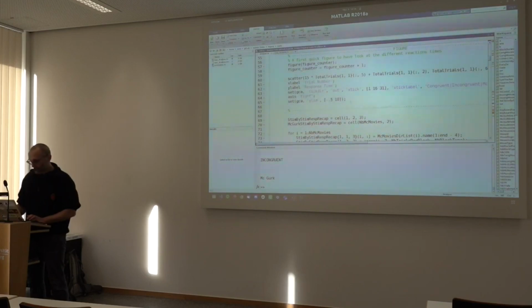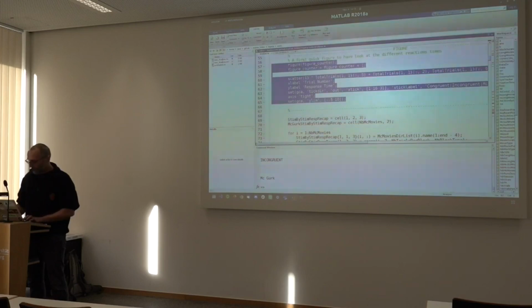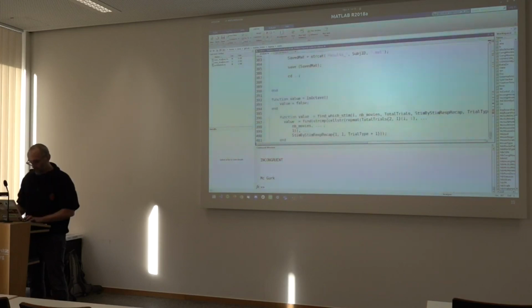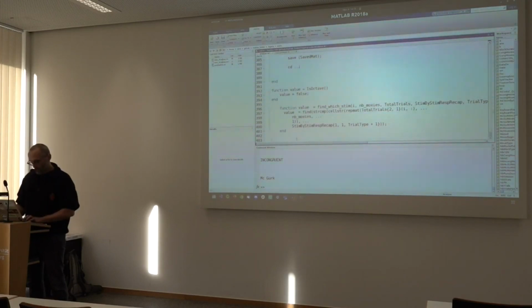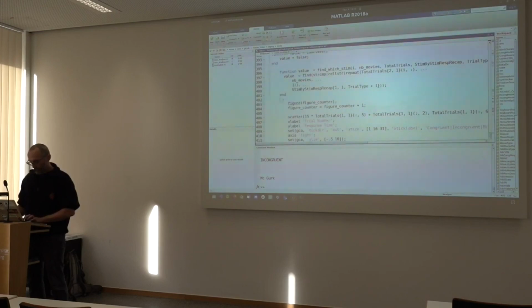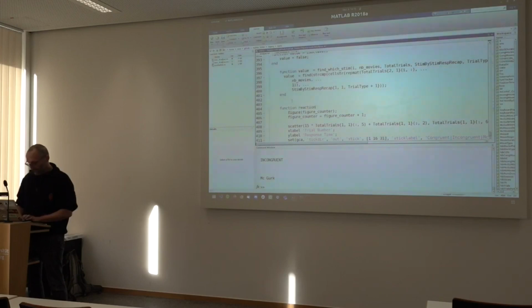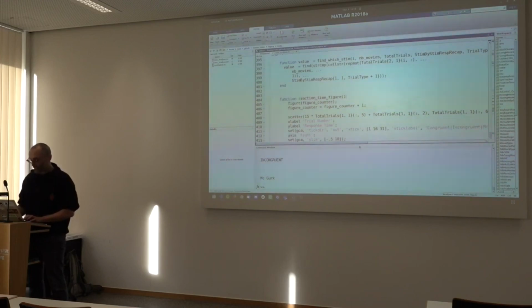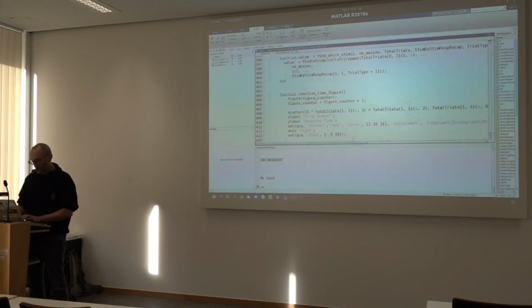You can move that into its own function, reaction time figure. Also, the good thing about this is you can create, you guessed it, a small test for that function, so you can quickly work on improving how this figure looks.